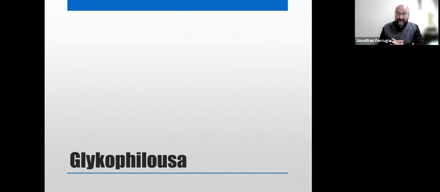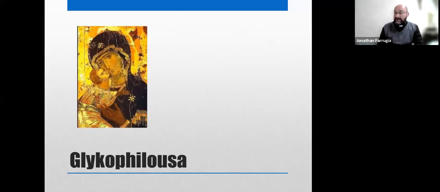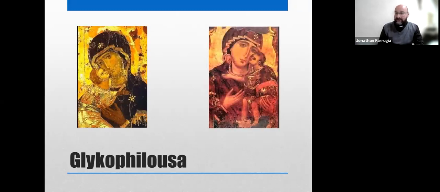Now, one of the best examples, funnily enough, is found in Malta. Okay, it is Our Lady of Damascus. Okay, Our Lady of Damascus, which is found in Valletta, which has recently undergone some very good restoration. It was originally brought to Malta by the Knights from Rhodes in the year 1531. But according to tradition, it was produced in Damascus in the early 12th century. Okay, so here we have a very ancient image as well.